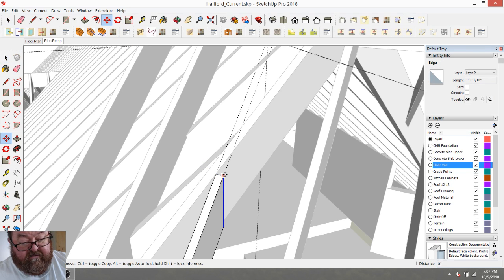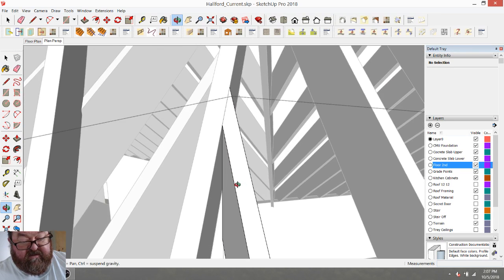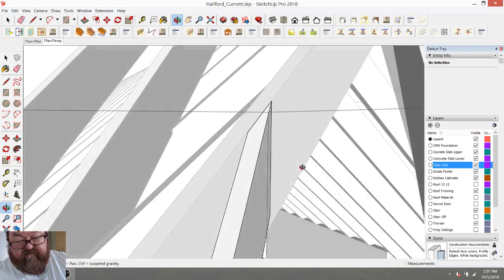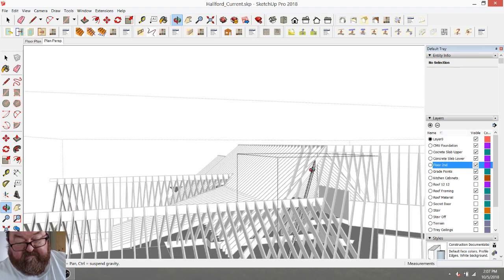So, see, but that's kind of cool. It kind of shows you how you would cut a hip rafter. It would be a compound angle. I think it's about 33. I forgot what that angle is. Well, on this one, I'd have to check it. But